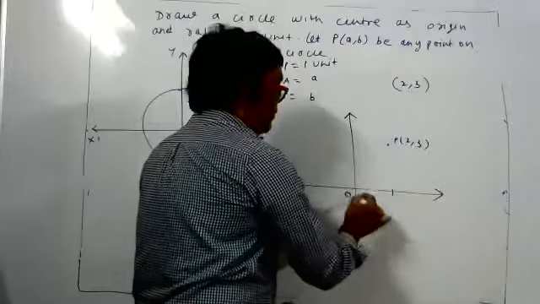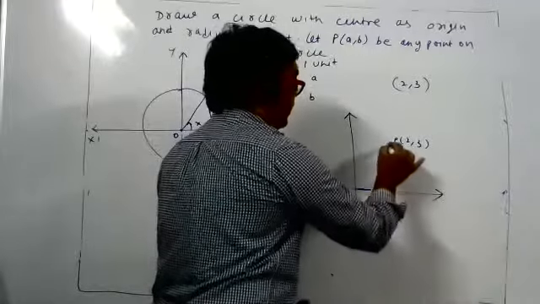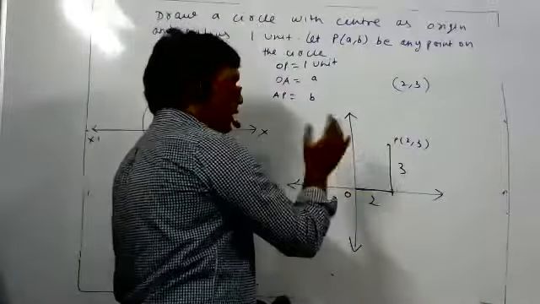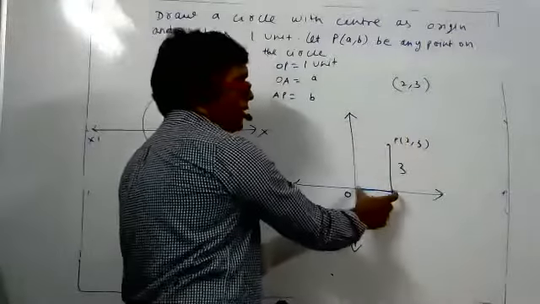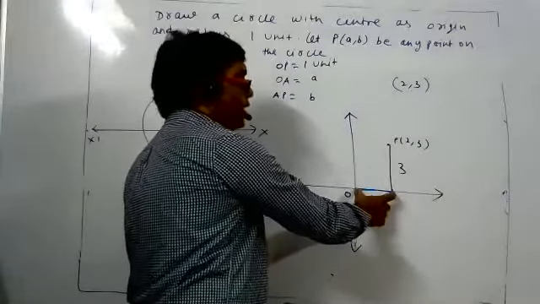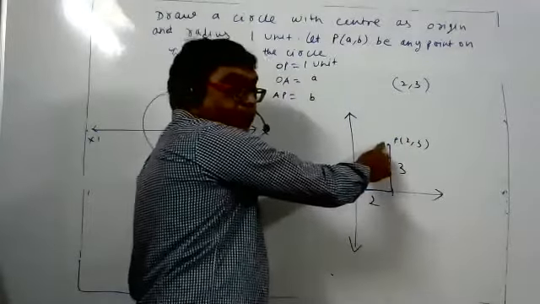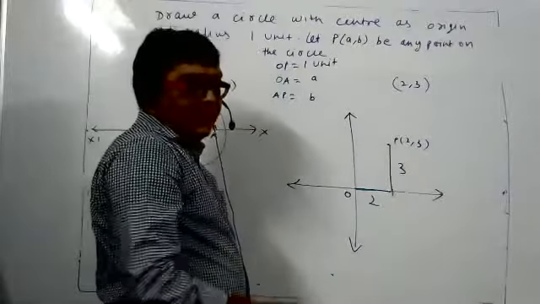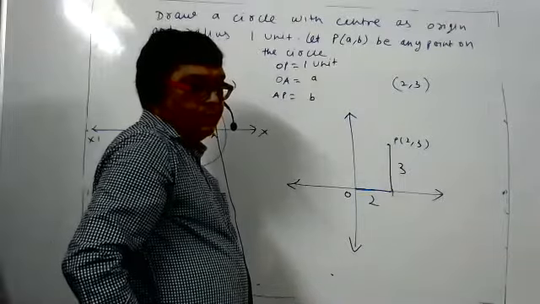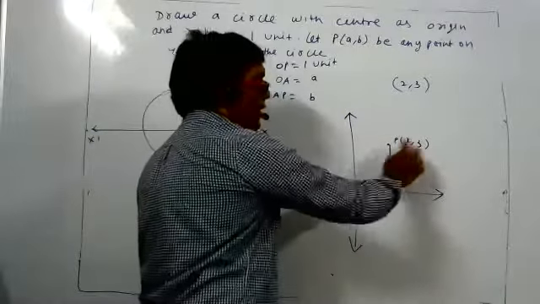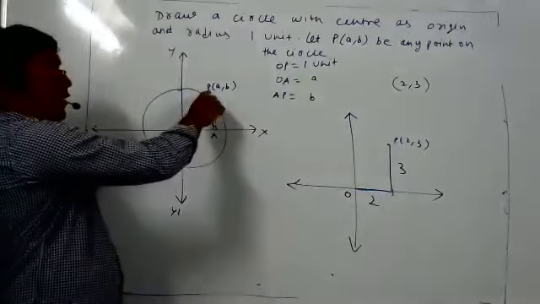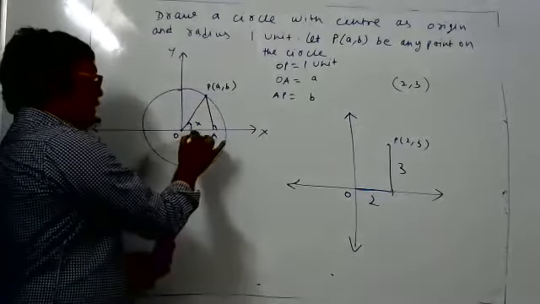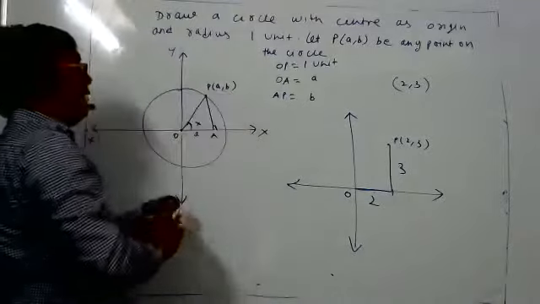This length is 2 units. This perpendicular is how much? 3 units. Since the distance of point P from the y-axis is 2 units, its x coordinate is 2, and the distance of point P from the x-axis is 3, that's why its y coordinate is 3. I think this is a very simple thing. Do you know this or not? Yes, sir. So opposite of that, if the coordinate is (a, b), its distance from the y-axis is a, so its x coordinate is a, and its distance from the x-axis is b.